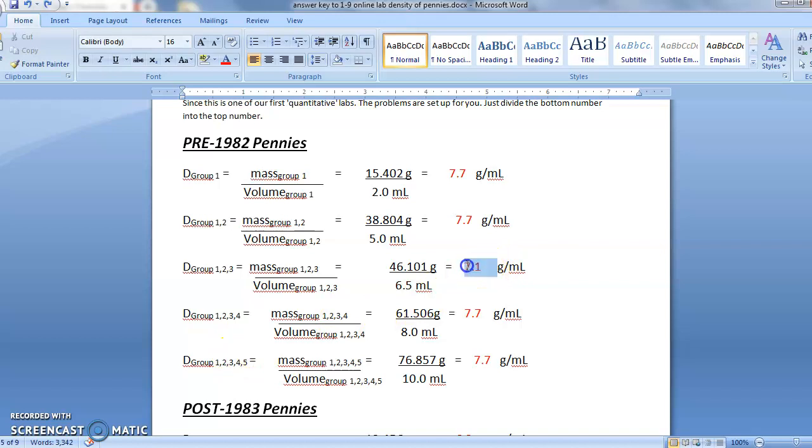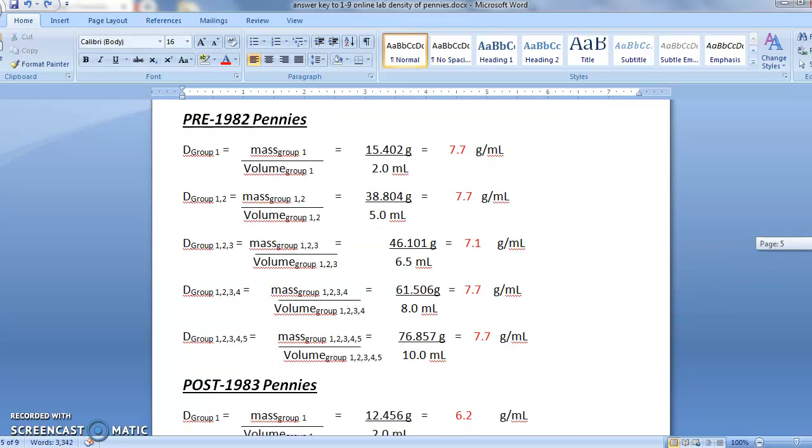You might say, oh my gosh, the density did change. It was 7.1 here. Well, we saw that if this number was a little measured incorrectly, maybe it was 6.0 milliliters, trying to look at those graduated cylinders which were difficult to read. If this was only 6 milliliters and we read it as a change of 6.5, that would change that number back to 7.7. So regardless of how many groups of pennies were on the balance, the density stayed right around